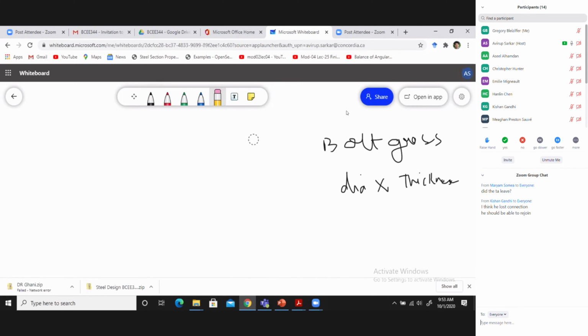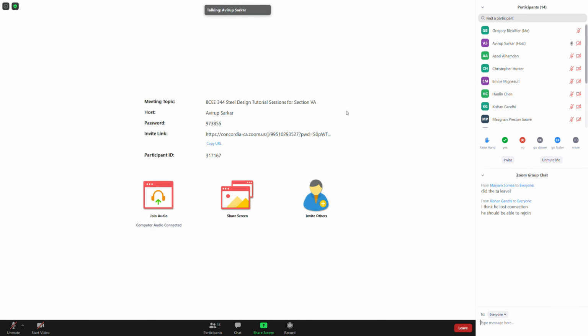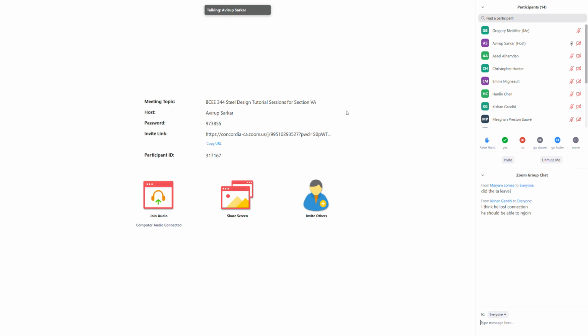Okay, so we have discussed the problems of tension member design by welded and bolted connection. I suggest you go through the problems again at your own leisure time, and also try to go through more examples and solve more problems, which will make you comfortable with how we are using the handbook.